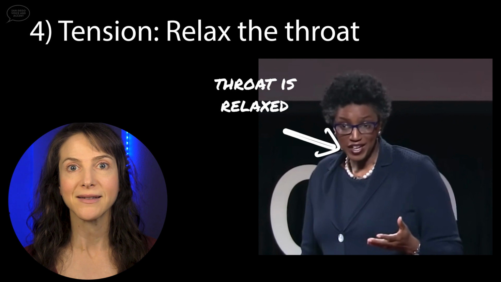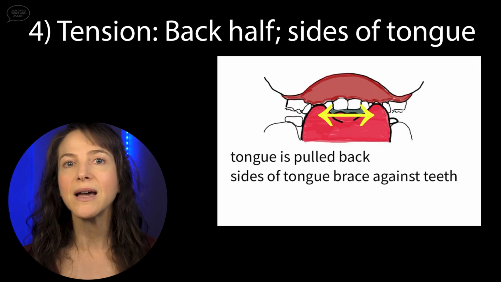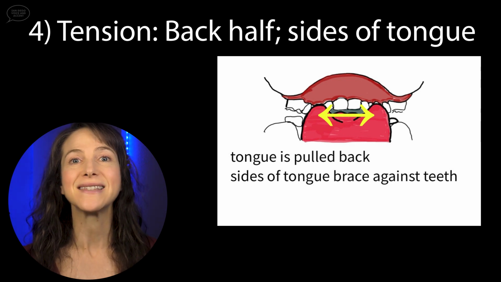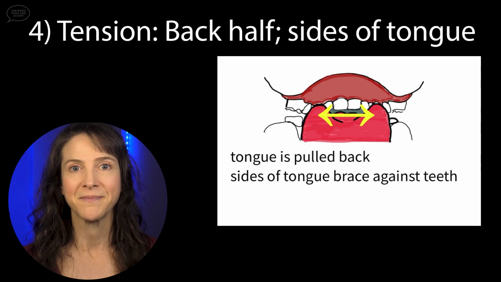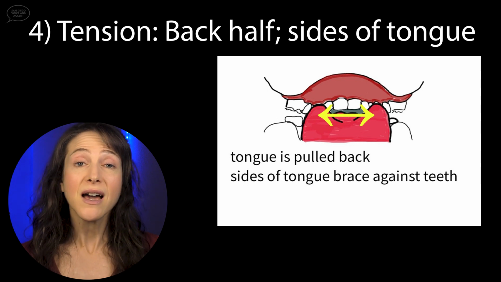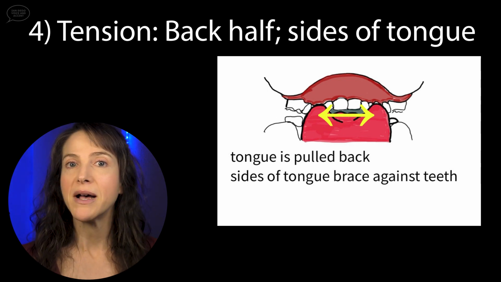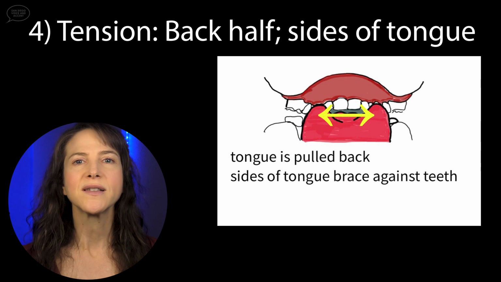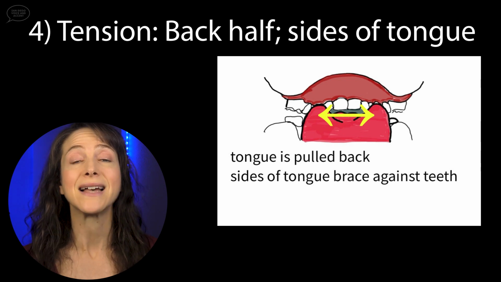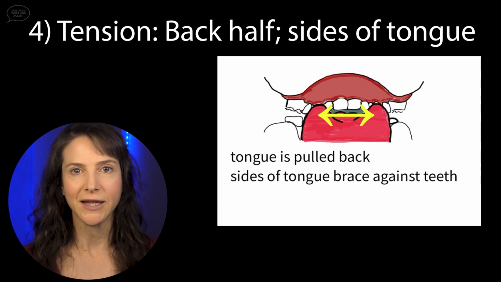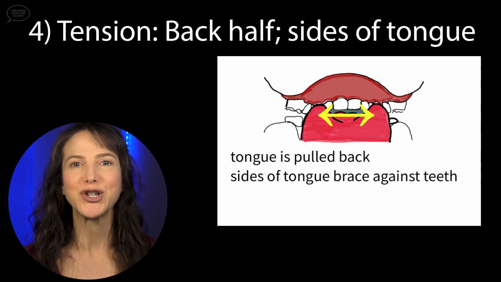The throat is relaxed. The only place where any amount of tension is felt is within the back half of the tongue as it braces itself against the inside of the upper back teeth or gums. But even this isn't full 100% tension. But the tongue is contracted, and anytime a muscle contracts, the sensation is of some amount of tension. But don't focus on pushing your tongue against the back teeth as hard as you can. That's not the right sound, and that will probably tire you out very quickly. You need just enough muscular effort that allows you to get a good push against the inside of the teeth.